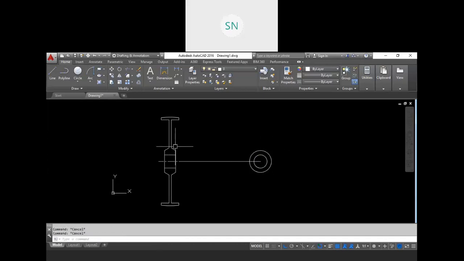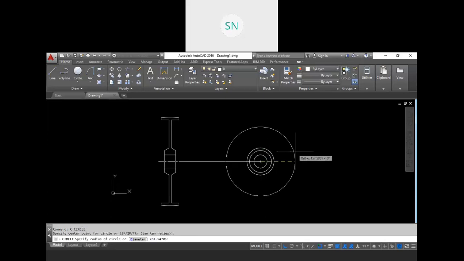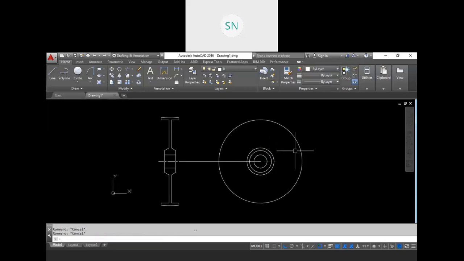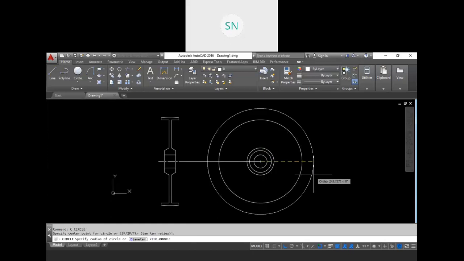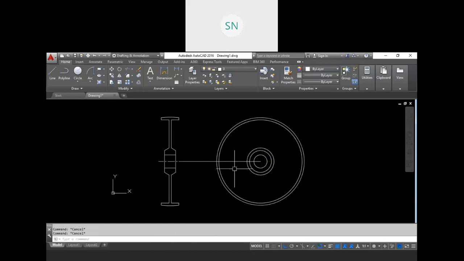Now we don't know the radius of this point, so create one horizontal line like this, and create a circle now. Circle from here to here, right? So in this way we need to use projections over here. Then one more circle with 190 mm radius, and one more circle with 200 mm radius, right?